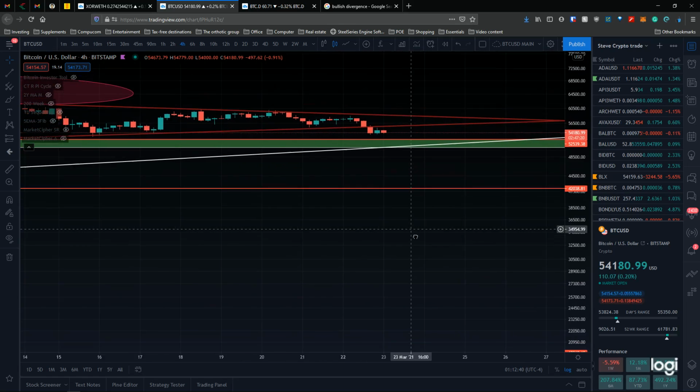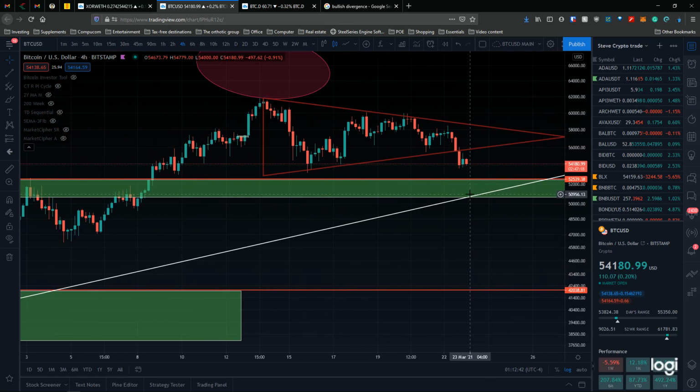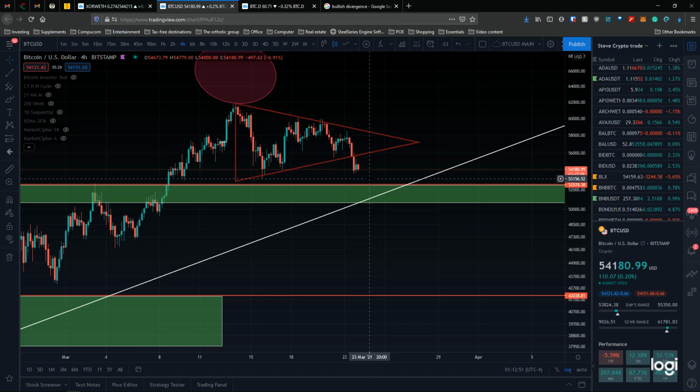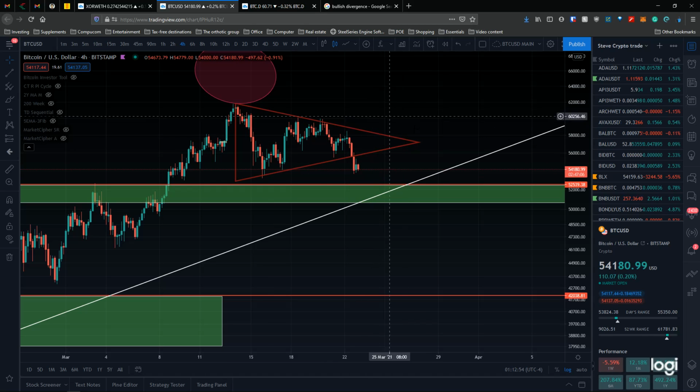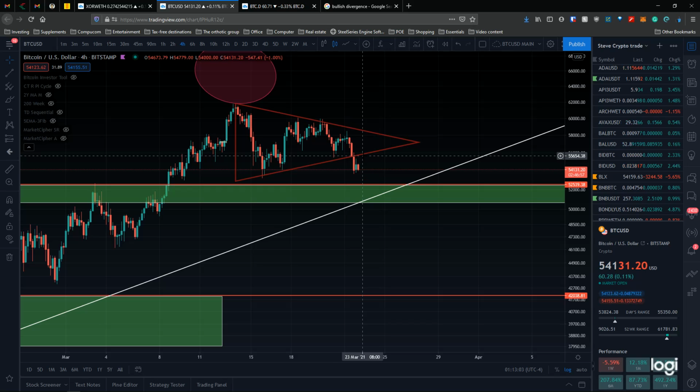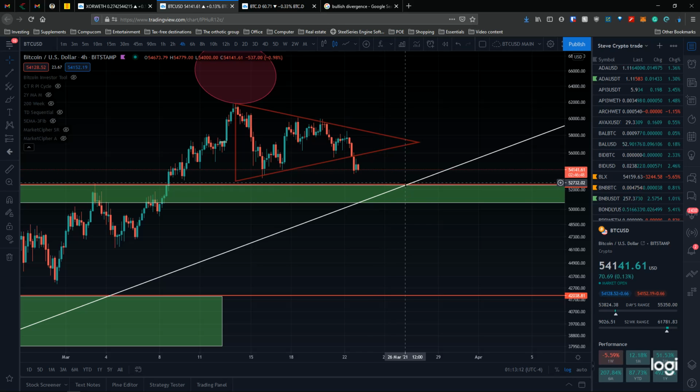So what we saw on the 4 hour here, okay? We did see Bitcoin break the symmetrical triangle, but we've seen Bitcoin break symmetrical triangles in an uptrend and break back above them. They're called busted symmetrical triangles, and Bitcoin loves to do these. So the question is, do we have a busted symmetrical triangle, maybe come up, retest it, and get a lot of people bearish, come back down, test this support level, maybe over the next couple of days,